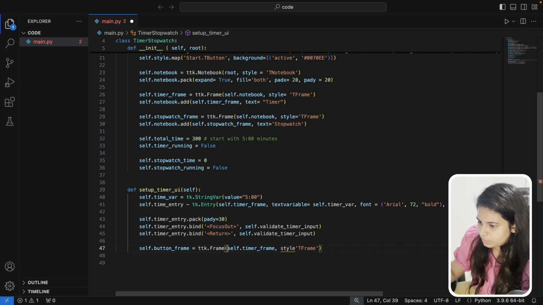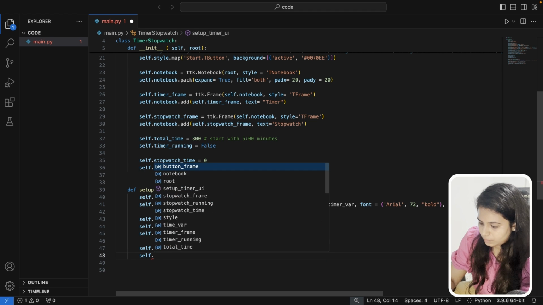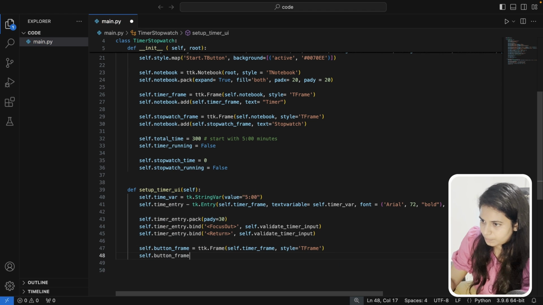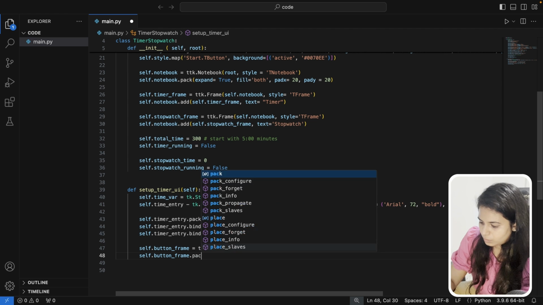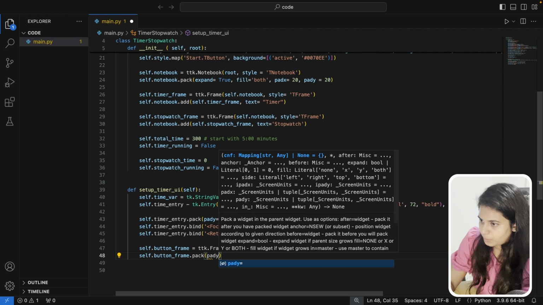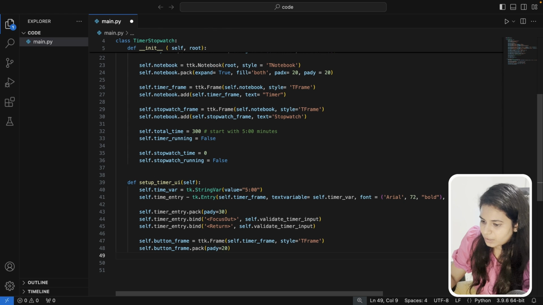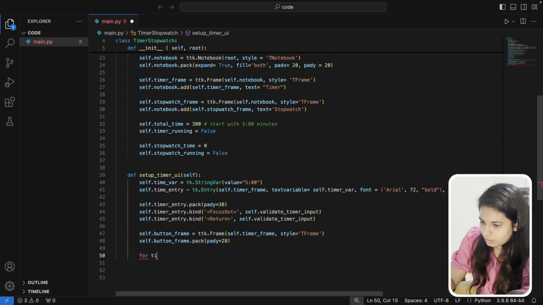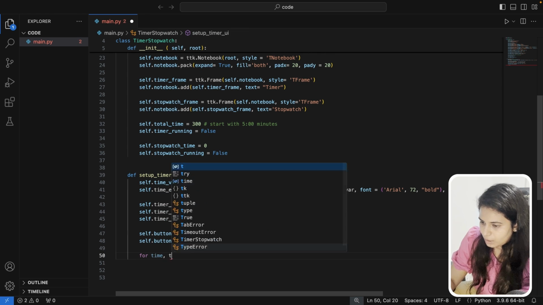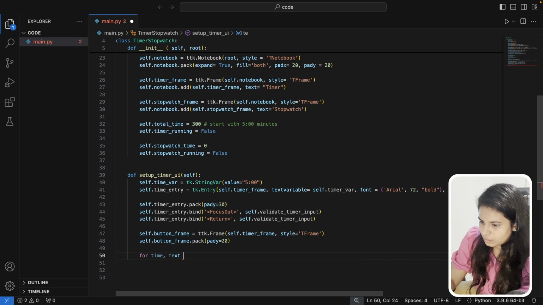Self.timer_style equal to. Okay, then let's pack this button frame into the window, add some padding. So here we create a frame to hold our time adjustment buttons, and let's do a for time, text in